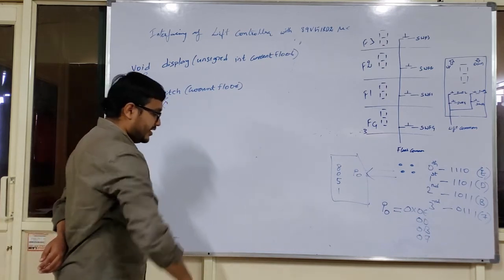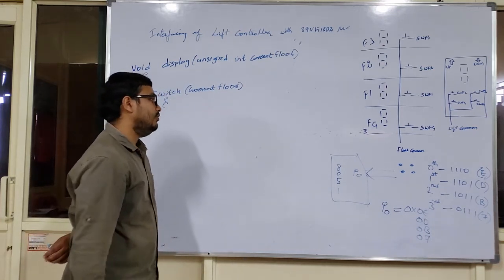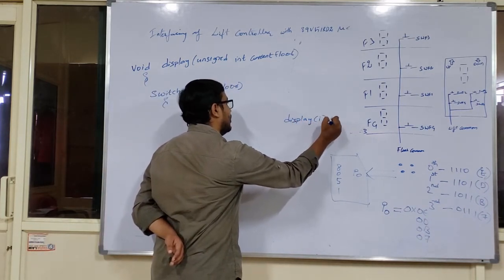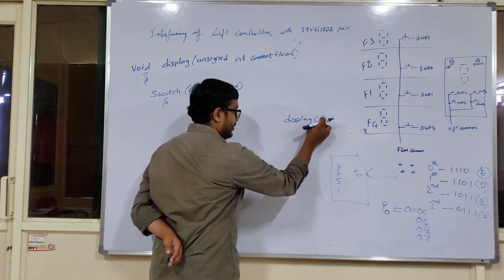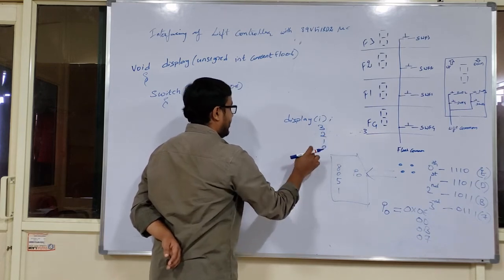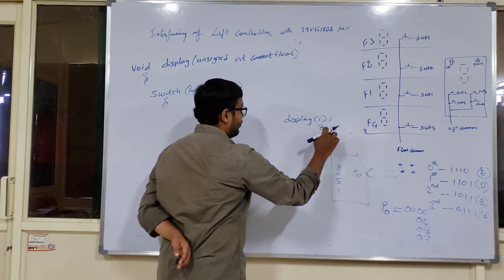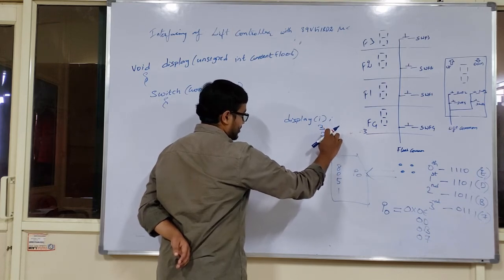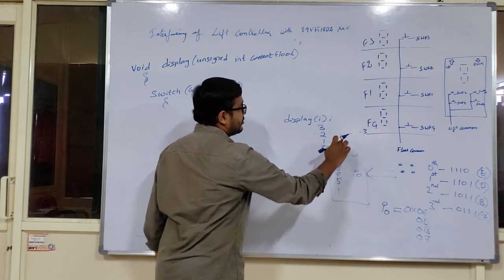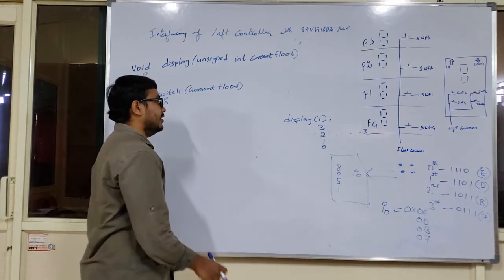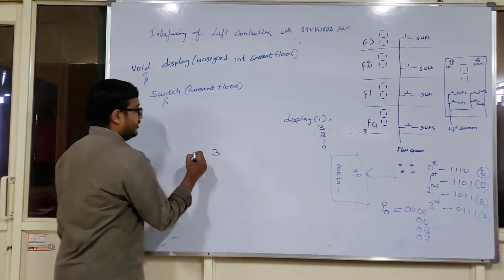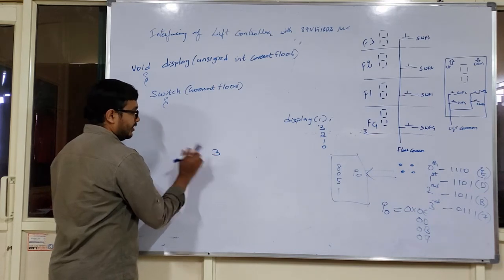In the previous program, for the definition of void move, I many times used display of I. That means what it is indicating is I. This argument may have a value of 3, 2, 1 or 0. So 3 indicates it is the third floor, 2 indicates the lift position is in the second floor, 1 indicates the lift position is in the first floor, and 0 indicates the lift position is in the 0th floor. For example, if display of 3 is there, that means my lift position is in the third floor.